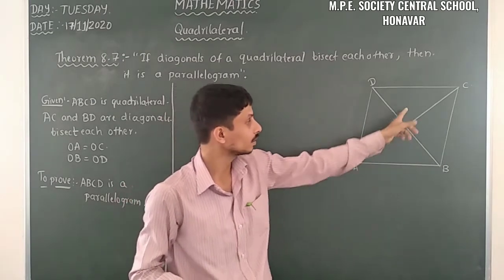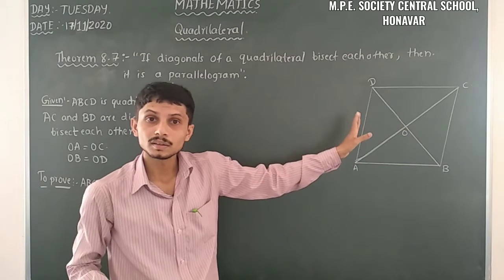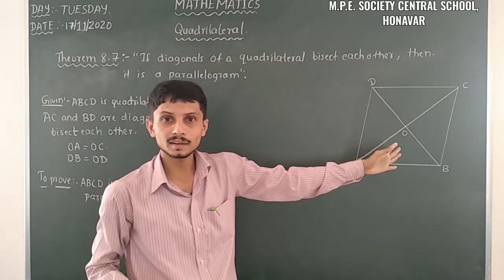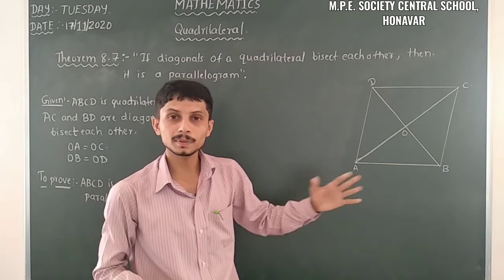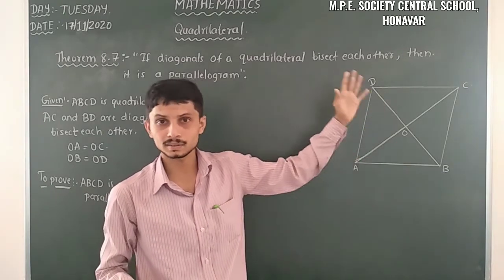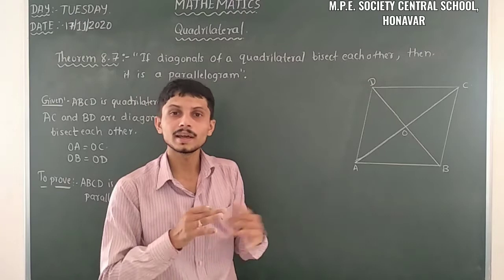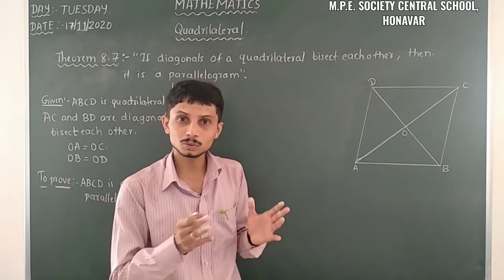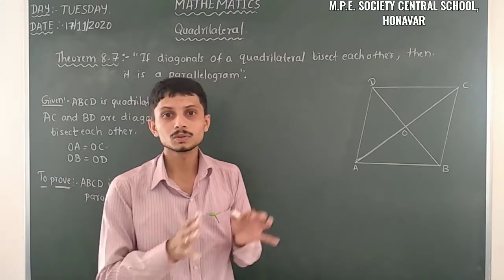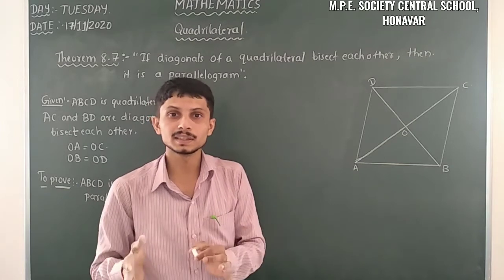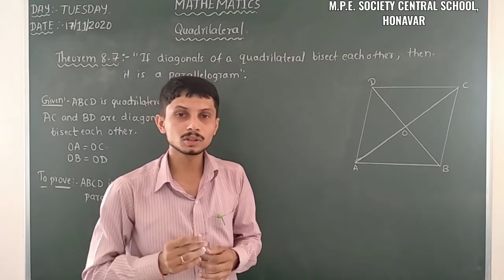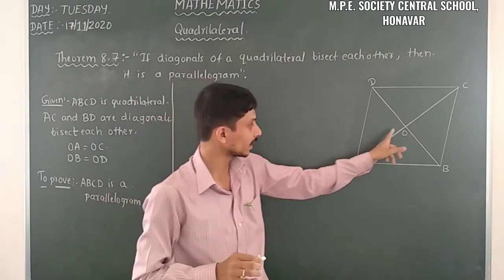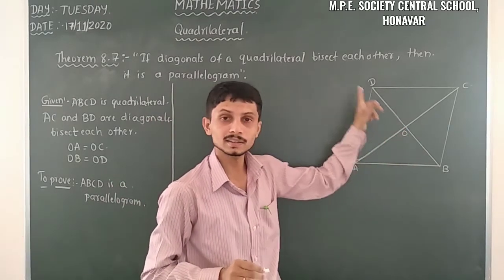Then we can consider another angle or another side which is equal. After that we have to consider those two triangles congruent. Then we can take any corresponding part which is suitable for our proof, using CPCT. After that we have to come to the conclusion. So let us consider triangle AOB and triangle COD.